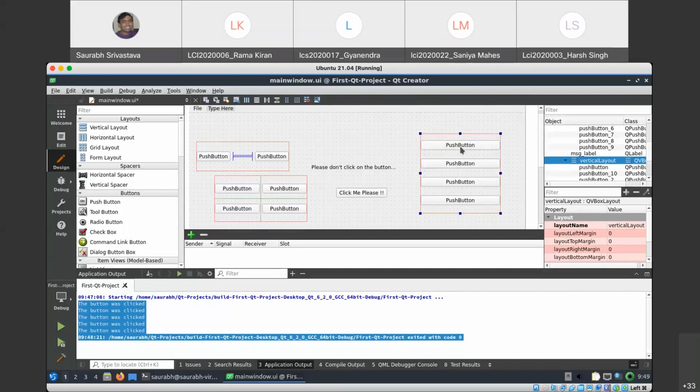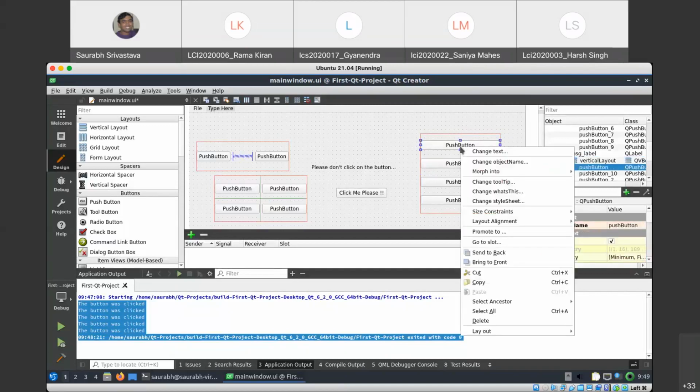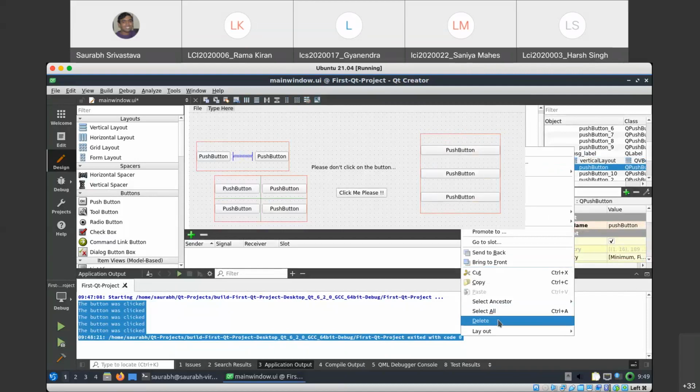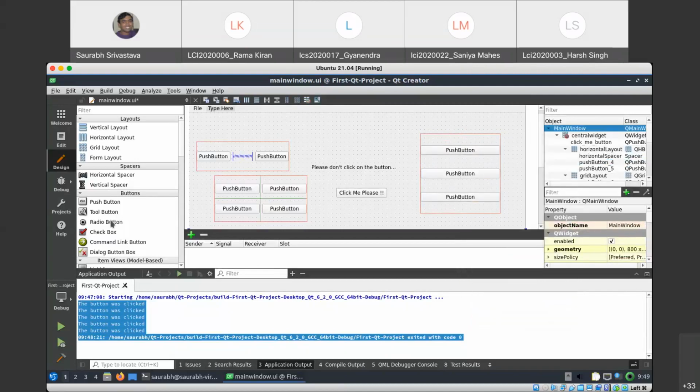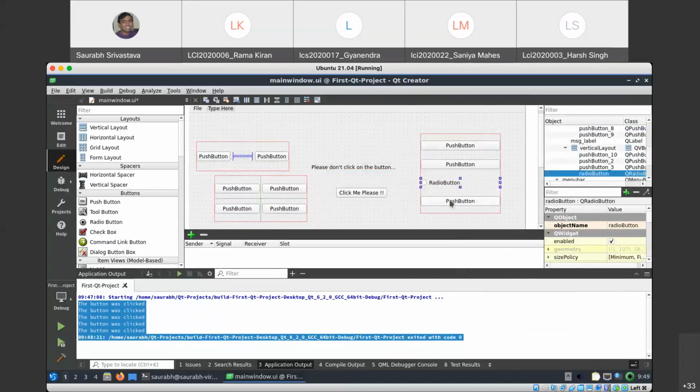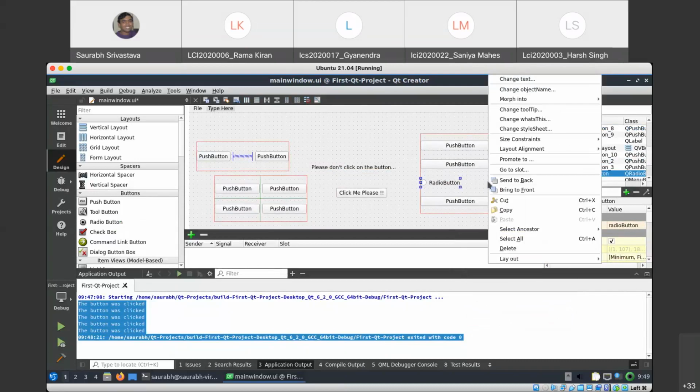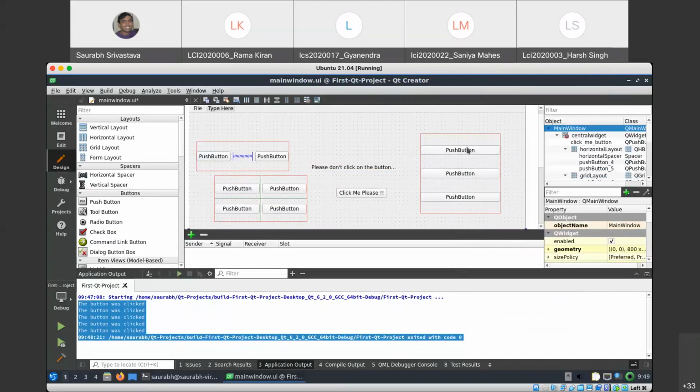You can remove this button and add, let us say, a radio button, for example. All these are added in a vertical fashion, in a column. By default they will be equally spaced.